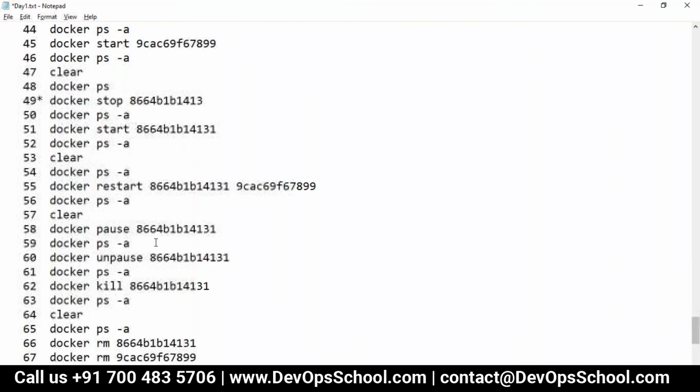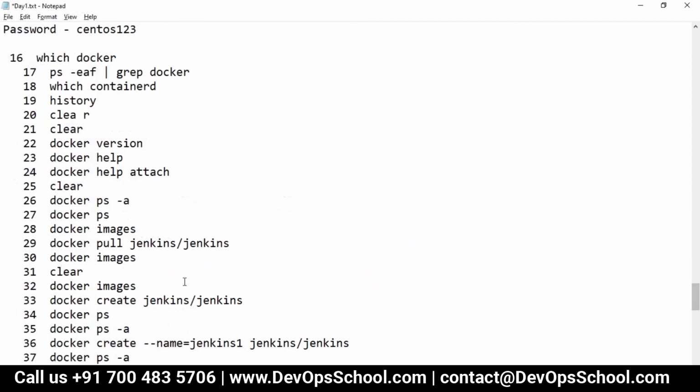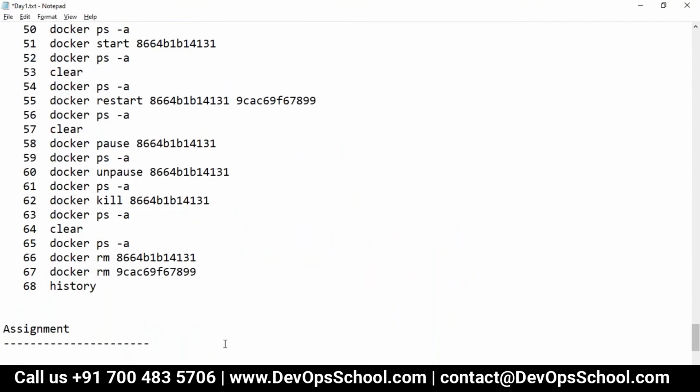Here, there are two questions I'm having. What is the difference between stop and kill? So you have to find out. Docker help command is there, and at the same time Google is there. You can also Google it and find out. But I need to know. So you need to tell me stop versus kill.